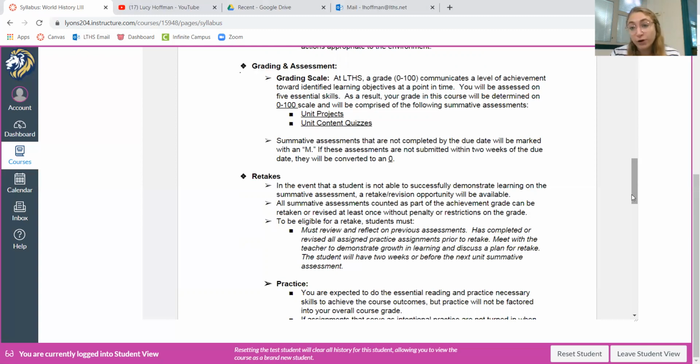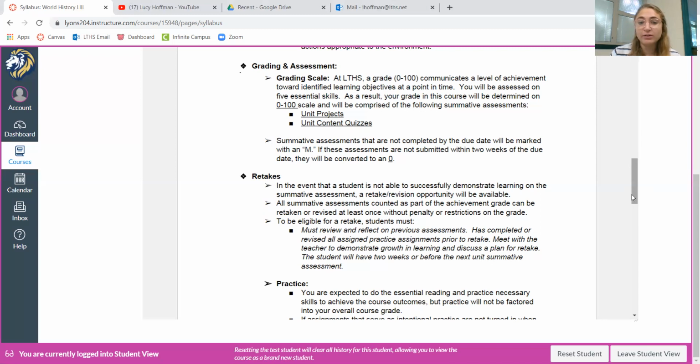We do several what are called formative assessments that are practice rounds, right? If you're not practicing, it's not going to look the same in a game, right? So if we are communicating these formative practice assessments and how they're doing along the way, those will not be counted towards the grade, but will ultimately build up to what is counted towards the grade, such as our summative assessments. These will be marked in Infinite Campus as summatives. Anything that is not counted towards a student's grade will appear with an asterisk next to it and appear in red. So anything in red will not be counted towards the grade, only unit projects and unit content quizzes as our summative assessments.